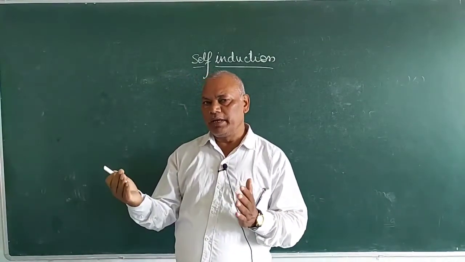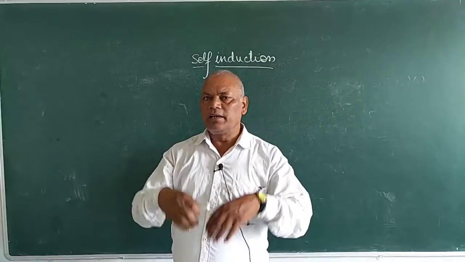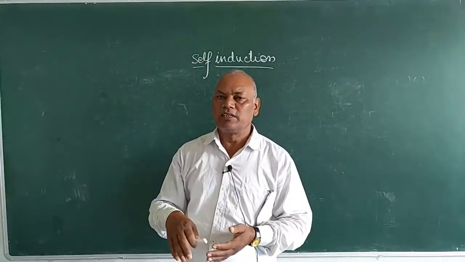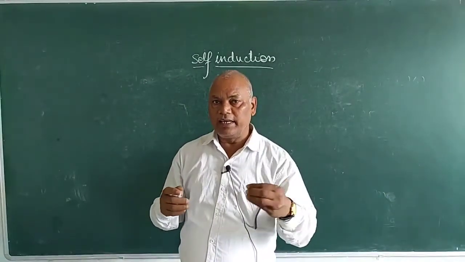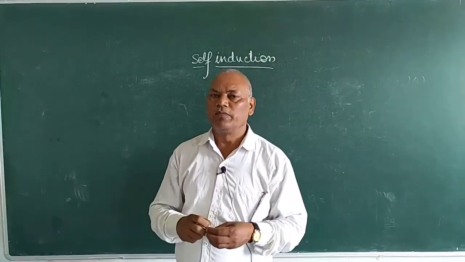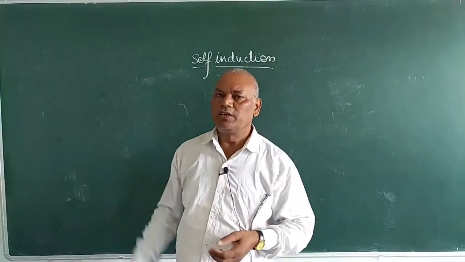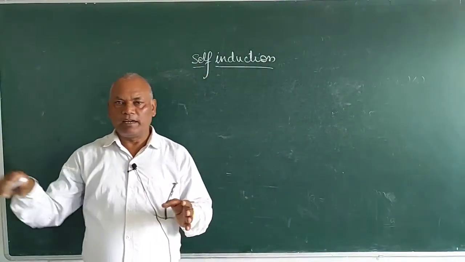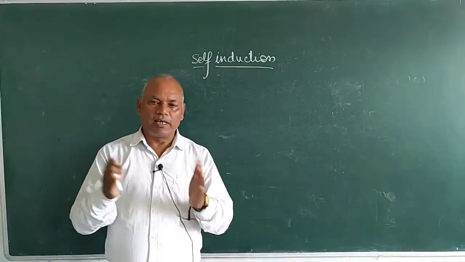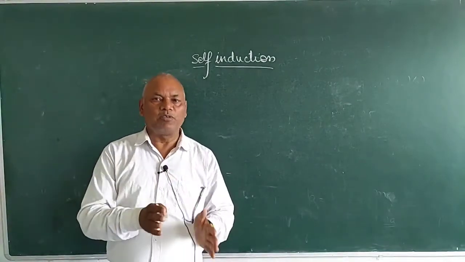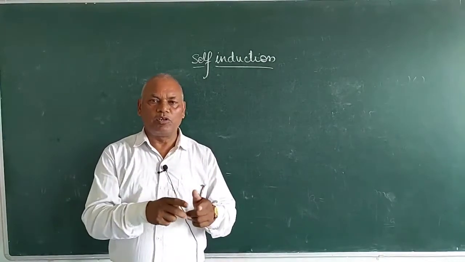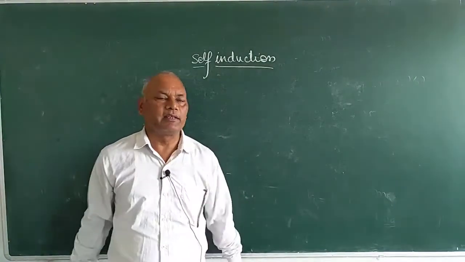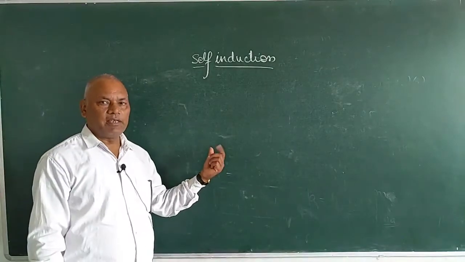If the north pole of a magnet is coming towards the coil, then the current in the coil will move in such a direction that the inside end of the coil will have a north pole, and this north pole will repel the coming north pole of the magnet. This means when the magnet is coming towards the coil, induced current is produced. As it is produced, it makes a north pole towards the magnet which repels it. This means it opposes the motion of the magnet. So this is the indication of the negative sign here.